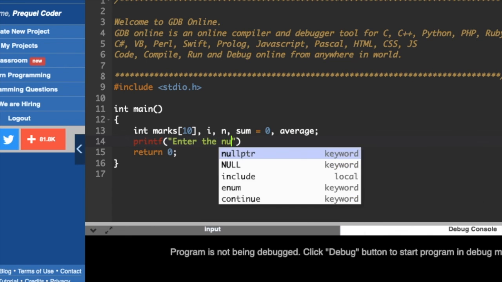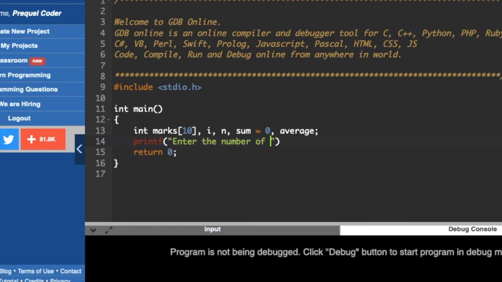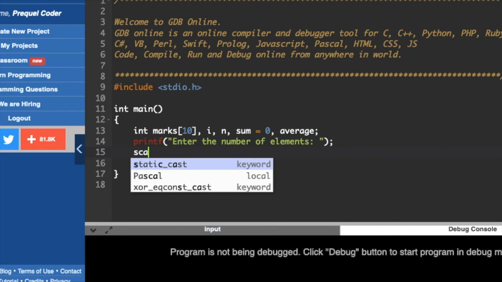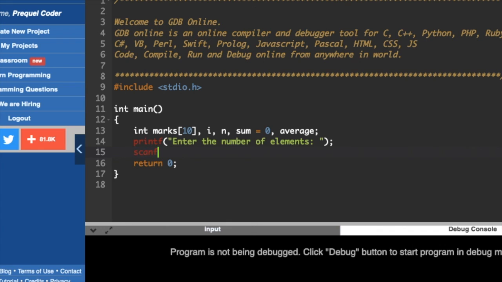Enter the number of elements which you require, and then scanf. Output function and input function, percentage d, and addressing it to n, the number of elements.